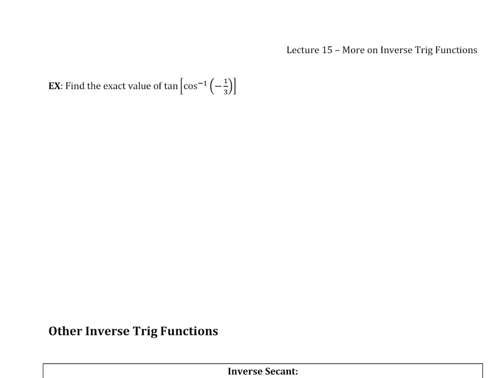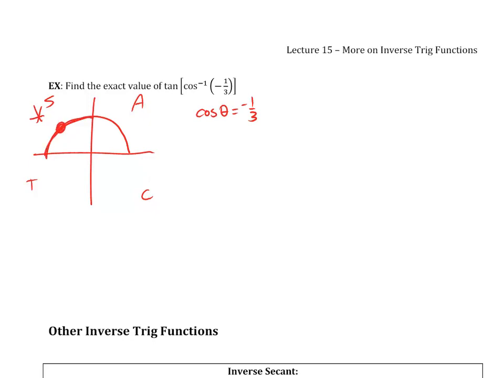Okay, we do one more. We're going to find the exact value of tangent of cosine inverse of negative 1/3. Since we're doing cosine inverse, we know we're in the top half plane. Cosine of theta is negative 1/3. And since it's negative, we know we're over here, right? All students take calculus. Cosine's positive up here where it says all, and down here where it says C. So it's negative over here. We know we're somewhere over here